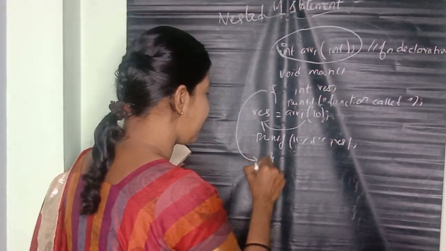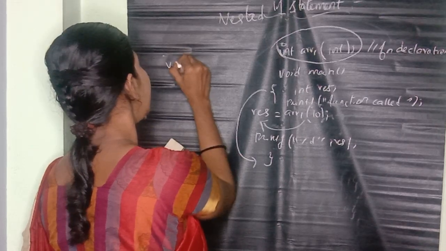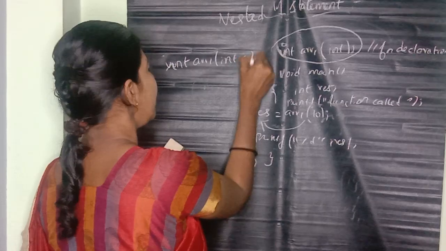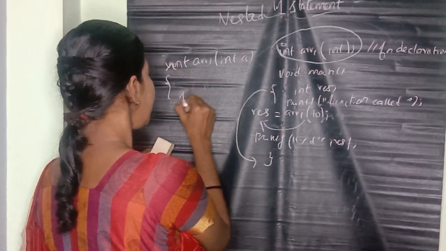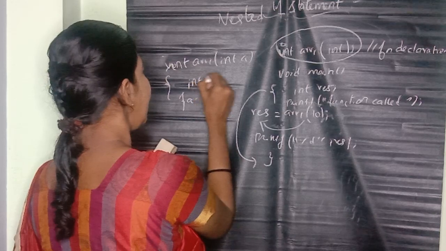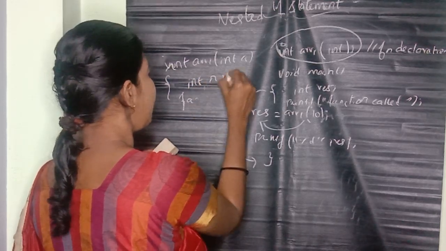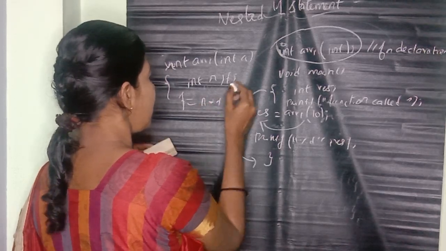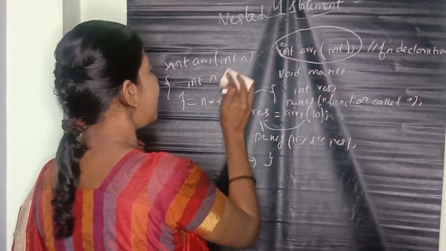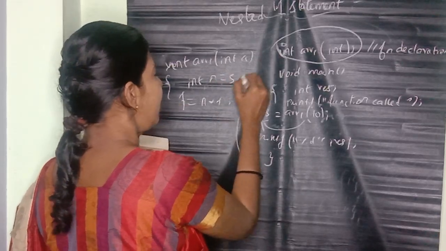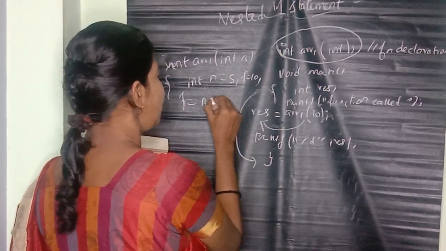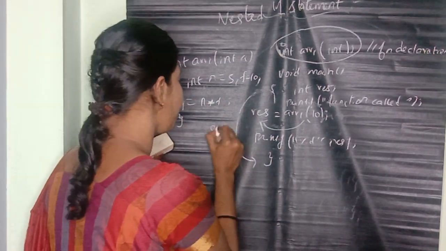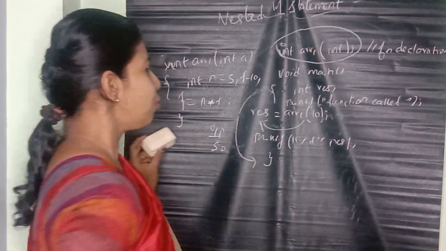After closing the curly braces, I am writing the int array name of int a, int n comma f. So what is coming? f is equal to n into f. So what is the value I gave here? What is the nth value given? n is equal to 5, f is equal to 10. n into f semicolon here I am giving. So what happened? 10 5s are 50. What is the output of this one? Output is 50.